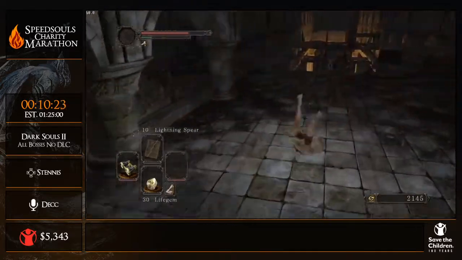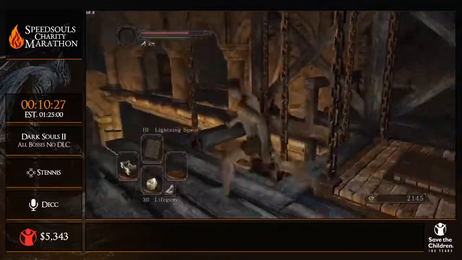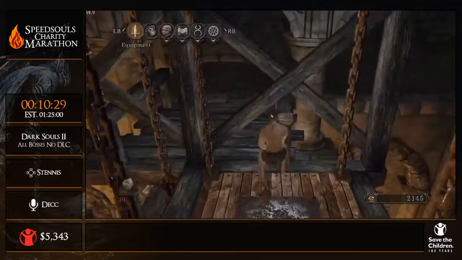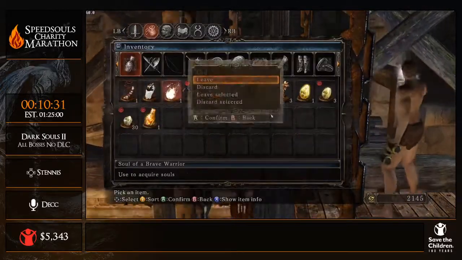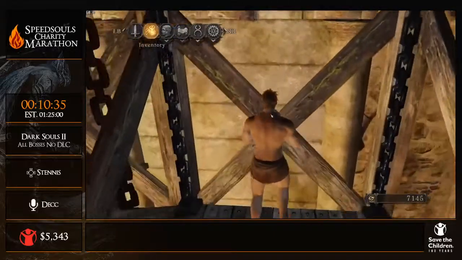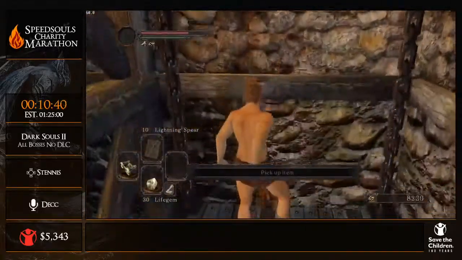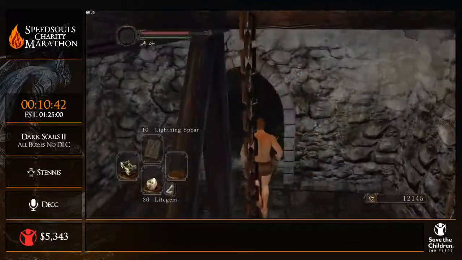Whoa. Got a double roll there. Oh, my menu wouldn't close there, which almost killed me, but we're fine. So here, if I'm unlucky, I won't be able to pick the soul back up. Luckily we did. This elevator can be kind of annoying for dupes, because when you drop an item on an